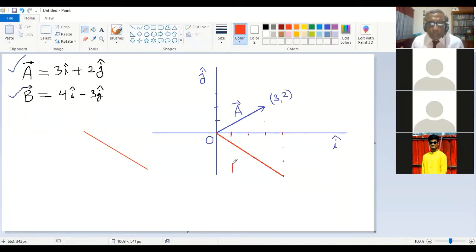So the vector b is actually 4i minus 3j, and it is actually with direction, obviously the arrow mark must be given, and then you can put the coordinate of the point. I mean, you do not need to put this in vector. I'm just saying to make you understand clearly, according to geometry style, this is 4, 3 point. Okay, the vector is this.